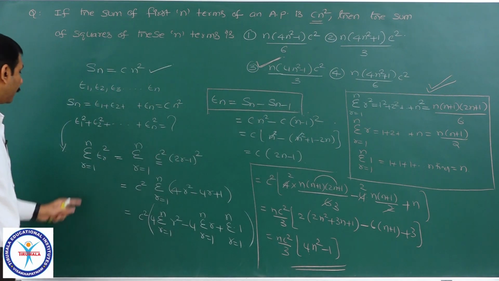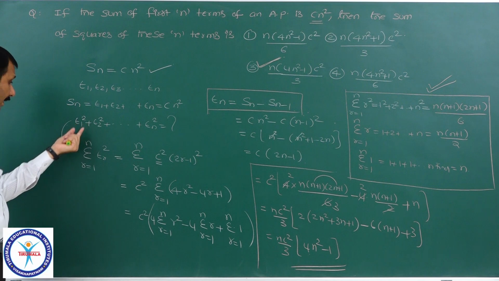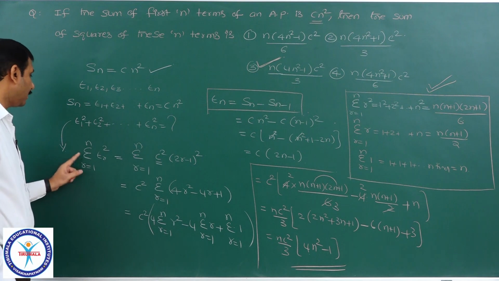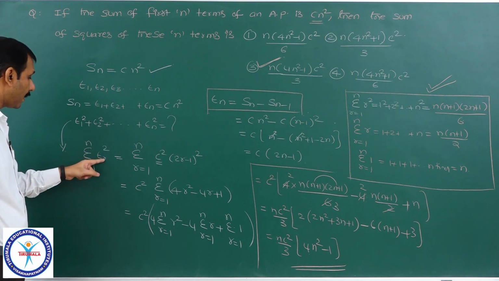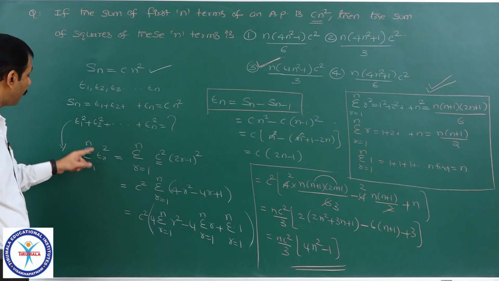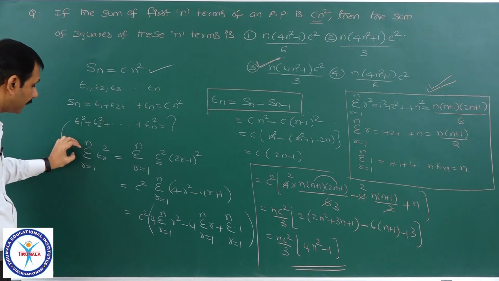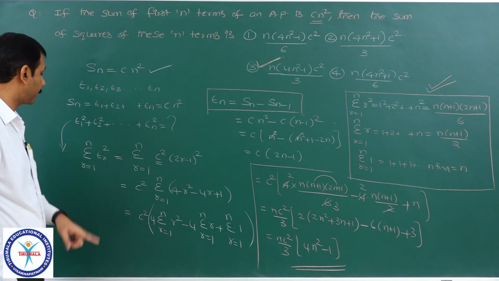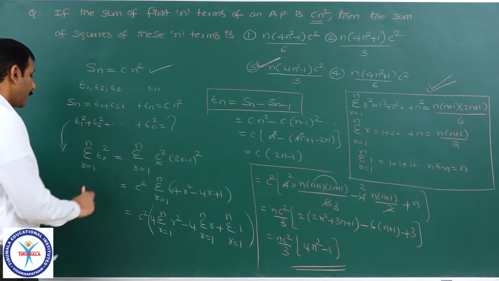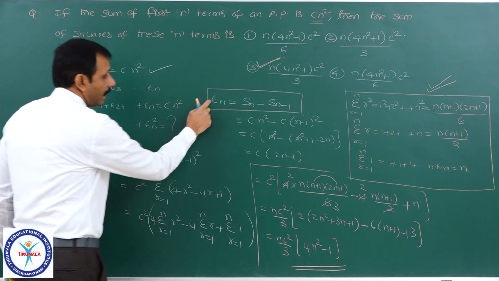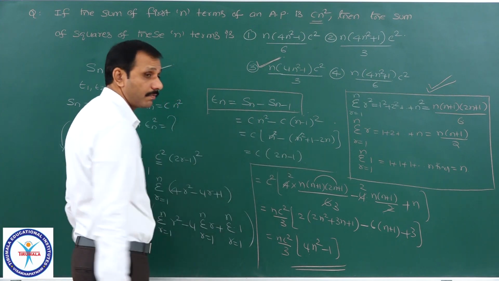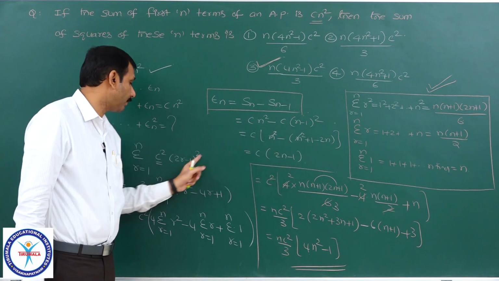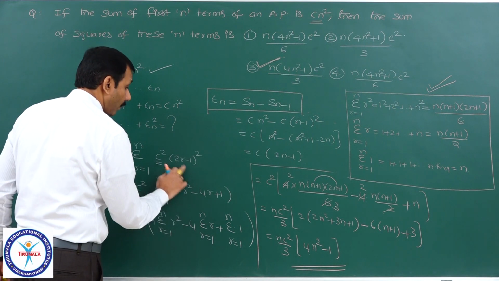That is the nth term. Now all of this I can write in sigma notation. Of course this notation might be completely new for you. Sigma means addition. R equal to 1 to n means R equal to 1 plus R equal to 2 plus R equal to 3 and so on, R equal to n. This can be written this way, because writing all the terms every time would be tedious. Therefore I have taken that notation. Sigma R equal to 1 to n, Tr², Tr means C into (2R minus 1). C is a constant, C² into (2R minus 1) whole squared, expanded: 4R² minus 4R plus 1.